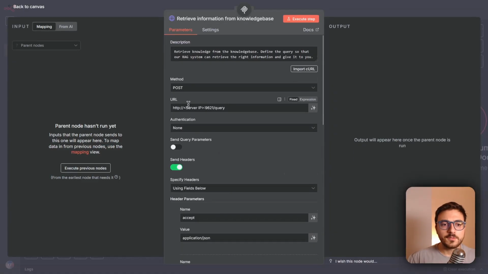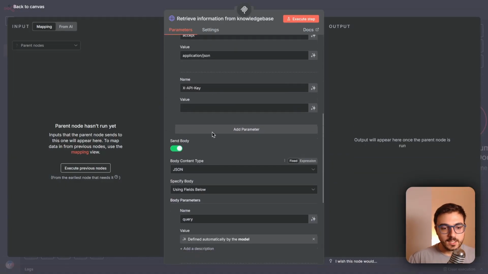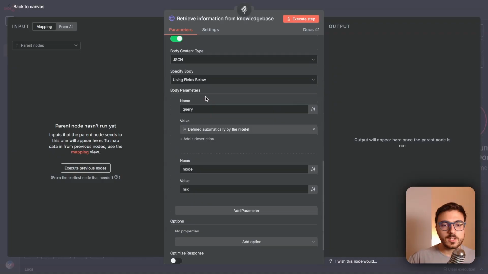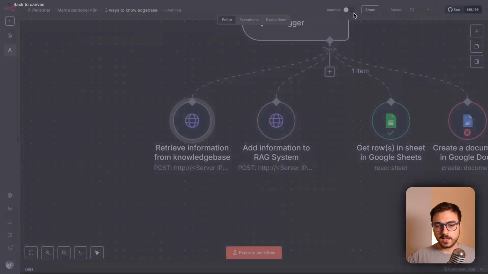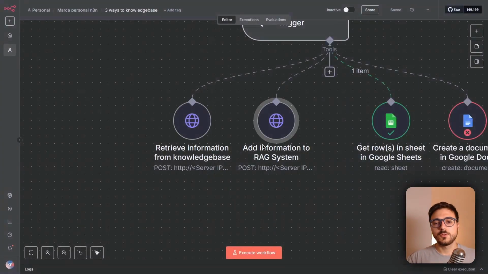Here you'll be defining the URL of the LightRAG system where you have installed it, the API key to have access to the information, and the specific query that is going to be defined by the agent itself to look for specific information that you have asked it to look for. And also it's going to be able to add information to the RAG system, okay? So you could have the agent add specific information that you asked the agent to add to the RAG system,